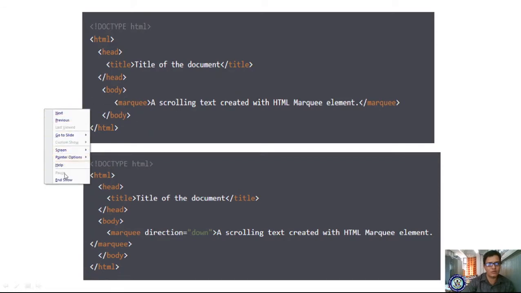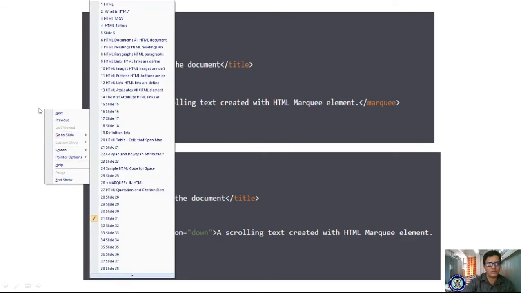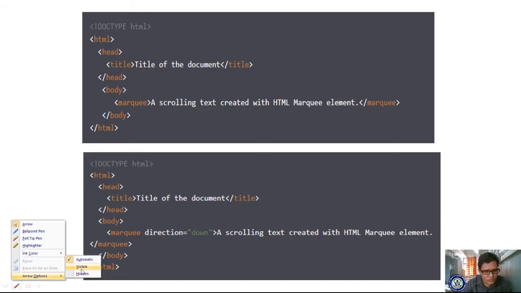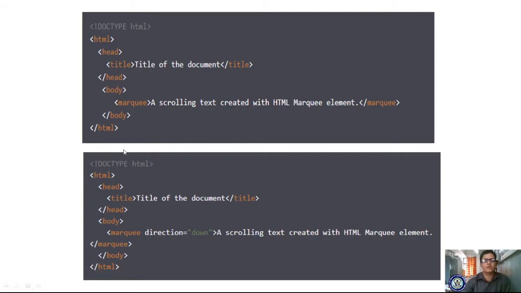Is there any zoom option? Anyhow, you see here, whatever text you want to scroll should be mentioned within a marquee tag.